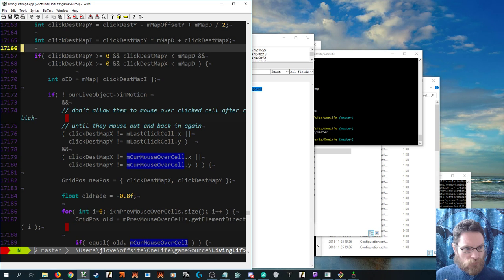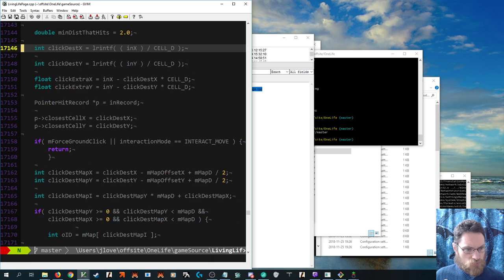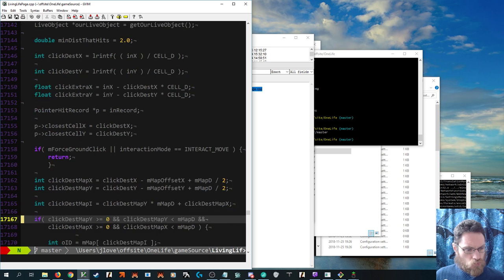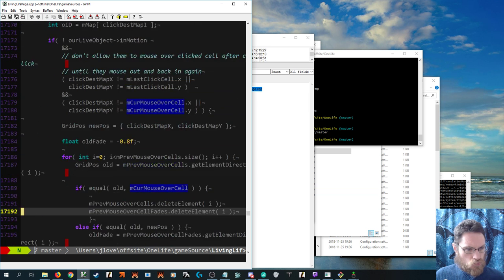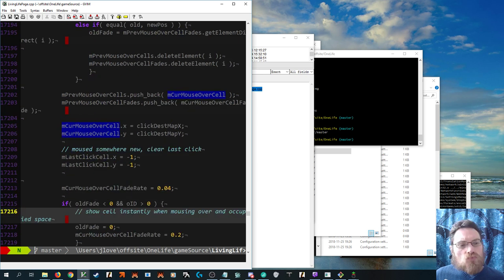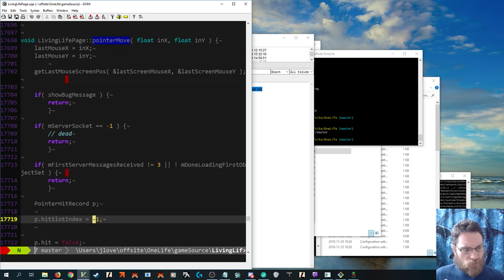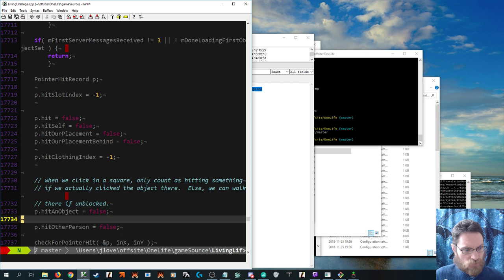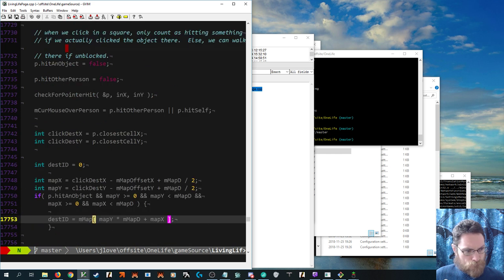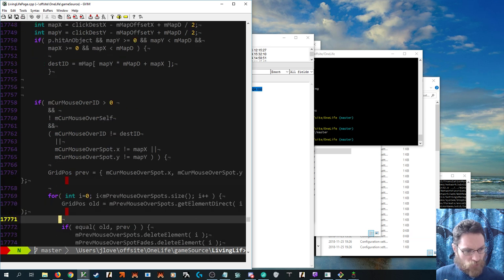If not in motion, maybe pointer move doesn't update it. If mouse is held,